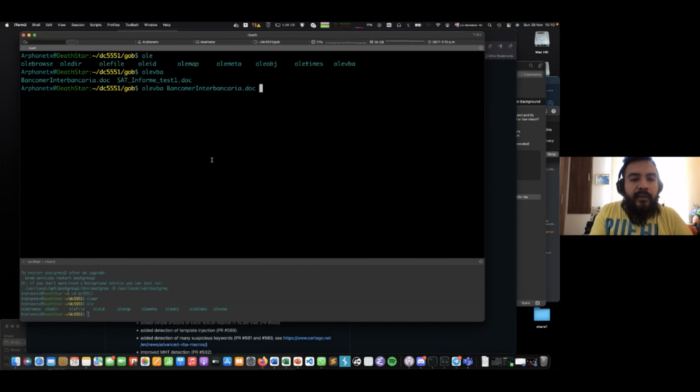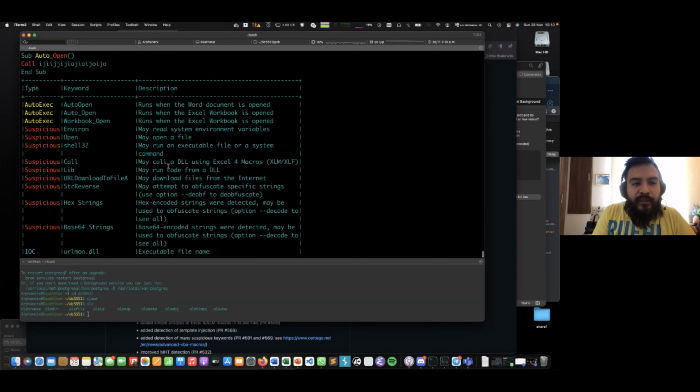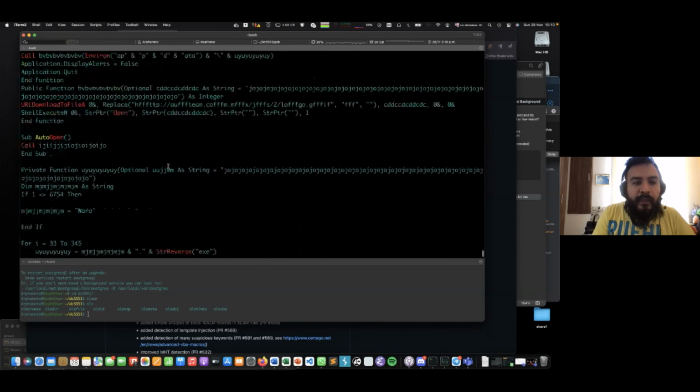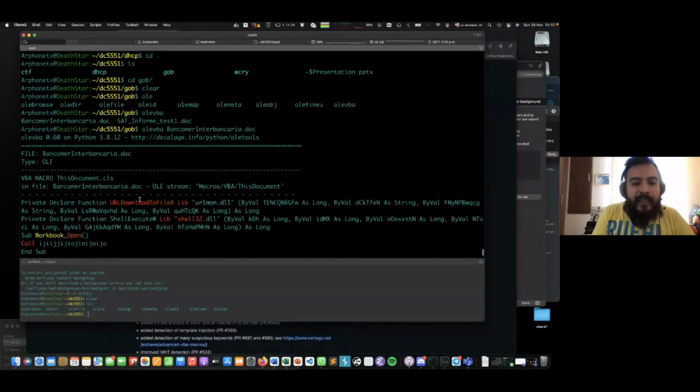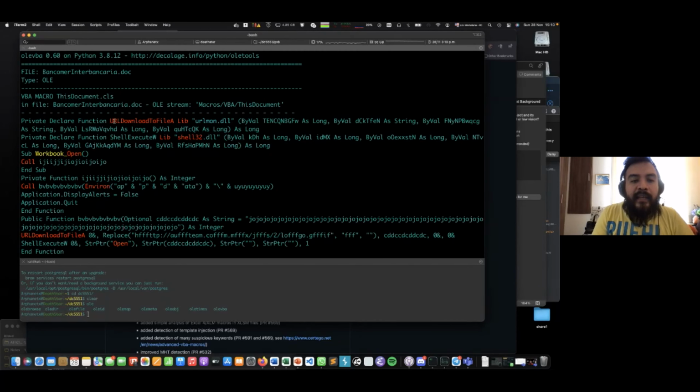Okay, as soon as I run it, it is going to show me first of all that the macro has a lot of nonsense things, like this attempt to download something. I mean, it's using this library just to attempt to download a file, and then it's trying to use this shell